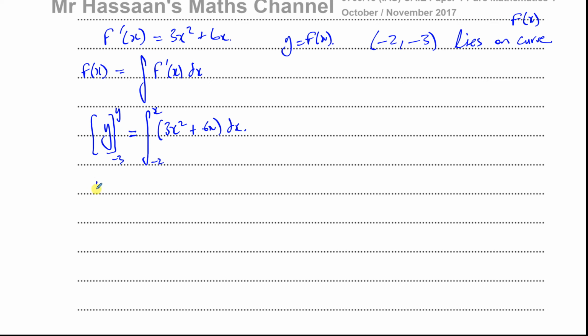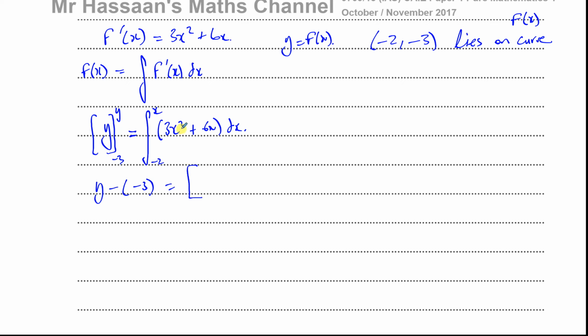So this will give me y minus, be careful here, -3. Because this is like after you've integrated, you put the values in. So when you integrate f dash of x, you get basically f of x, which is like y. So you put y in here and you put -3. Take away from that what you get when you put -3 in there, equals, now this is going to be